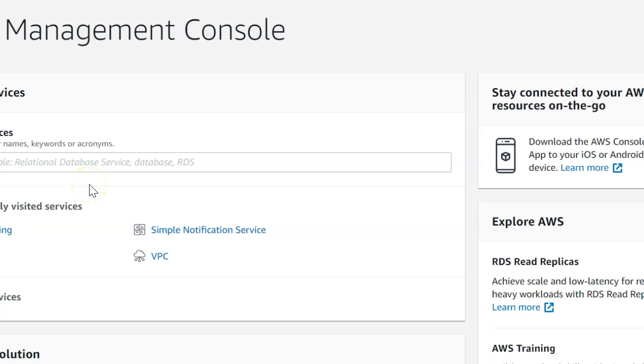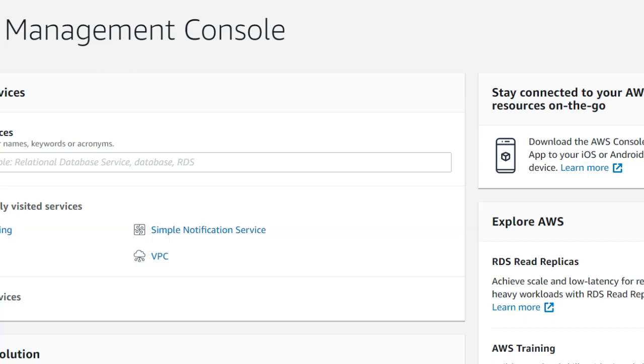Hello guys and welcome to AWS S3 class, and in this video we will take a look at how to upload a large file in parts. S3 allows us to upload a large file using the multi-part option, and we are going to take a look at how we can achieve it.